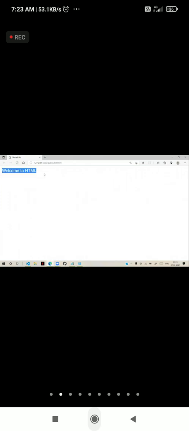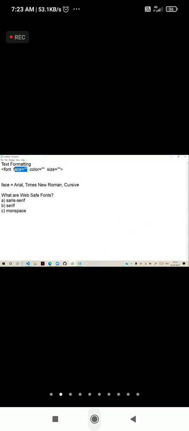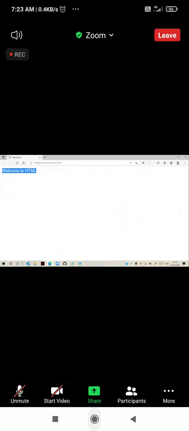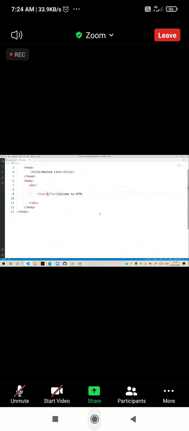So what are the font faces, how you can apply? You can change for even one letter also. For example, you can change for the entire text or one sentence, one character. Suppose I want to change only for W. I will use it only for the W character here. I am using it for the W character.